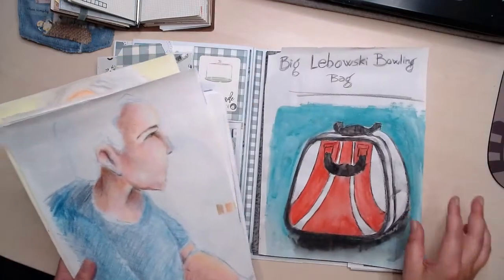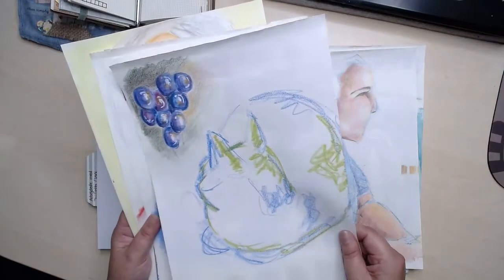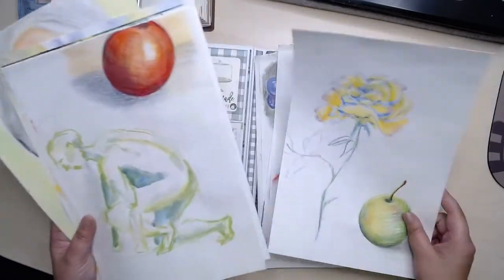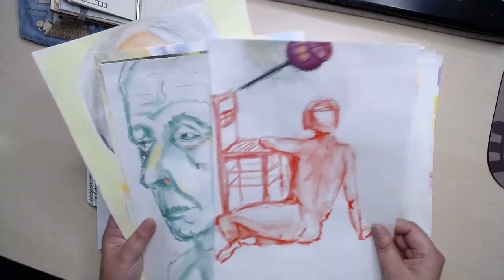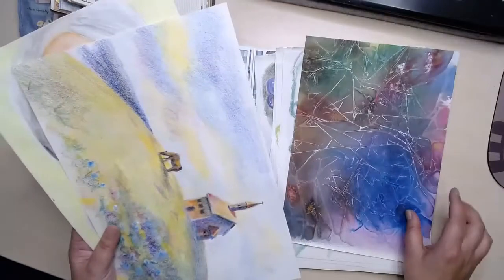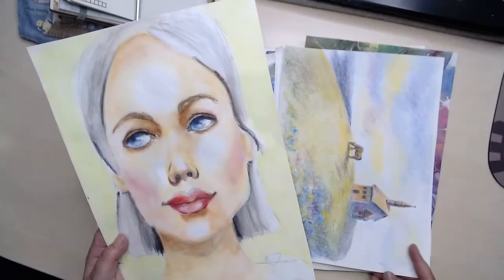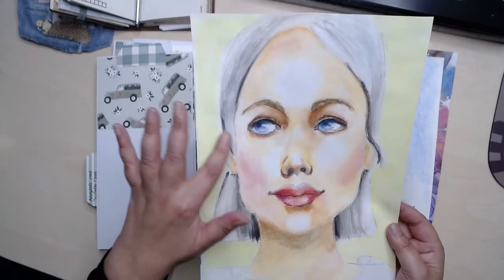So I basically just didn't care what it was. I just ripped it out of my sketch pad and then just tucked it into this file folder, because it kind of speaks of what I am practicing, what I am doing. This one is, I think, a Shibasaki paint along, if I'm not wrong. And this is a girl. I think she's done with